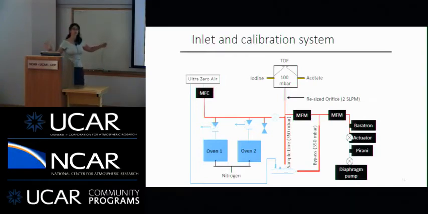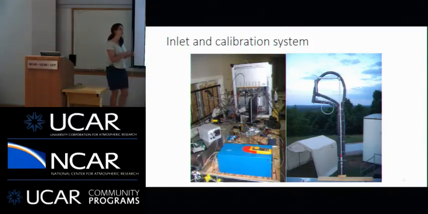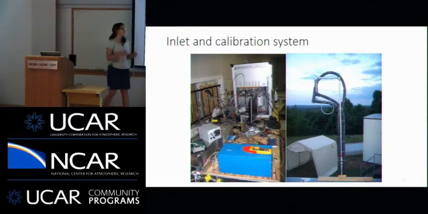So this is what the setup looked like, perhaps a little excessive. This was our calibration system. Most of it was designed ahead of time, but assembled in the field. This was our inlet, and the key thing about our inlet is that we have a huge bypass. So we pulled air through our inlet really quickly to minimize loss. We sampled air from a different line so that we would exclude particles.